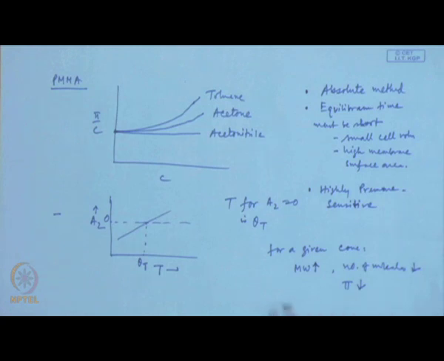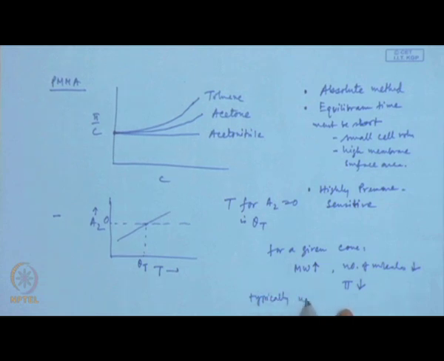It can determine typically up to 10 to the power 5 to 10 to the power 6 grams per mole. It cannot determine more than that, because if you increase the molecular weight further, then the osmotic pressure becomes very small. The lower cutoff for this method is determined by the cutoff of the membrane which is used, because